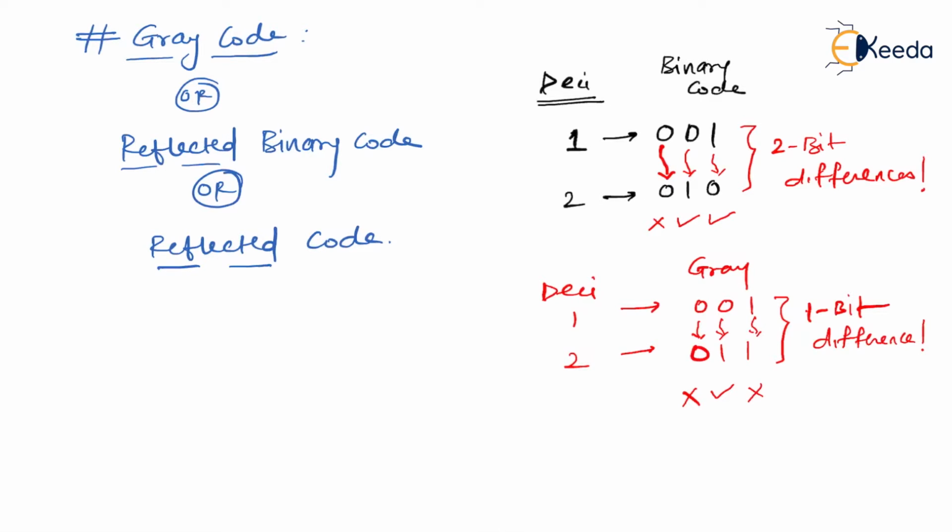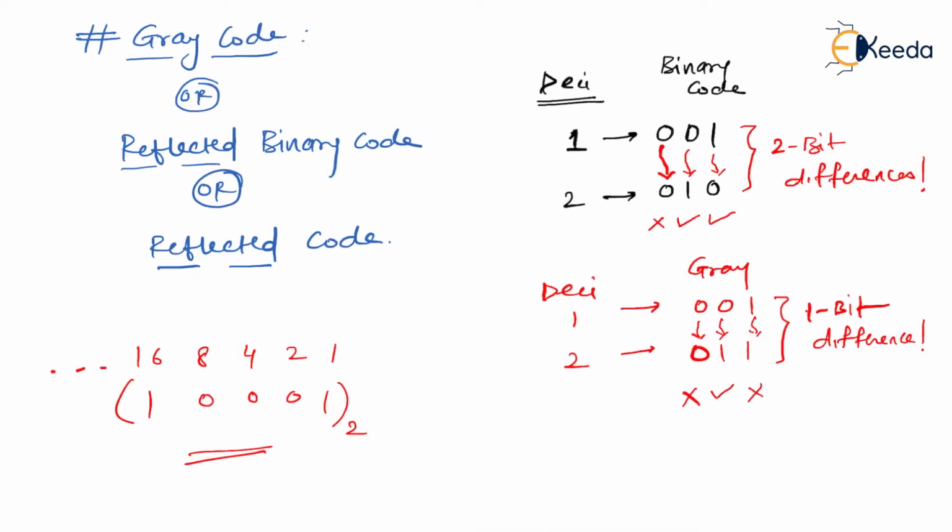Those binary codes we write depending upon their binary weights. I hope you remember binary weights mean 1, 2, 4, 8, 16 and so on. So you know that, right? Suppose I want to represent 17, it will be 16 plus 1. So that is the way we write binary codes. That's not about gray.